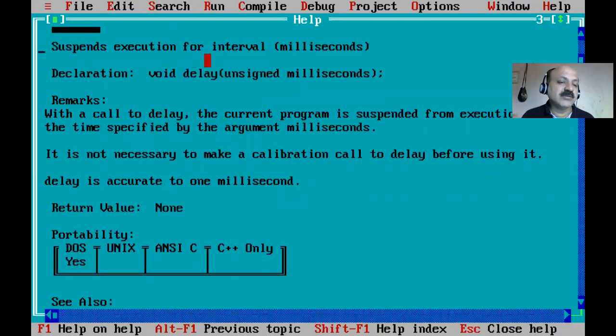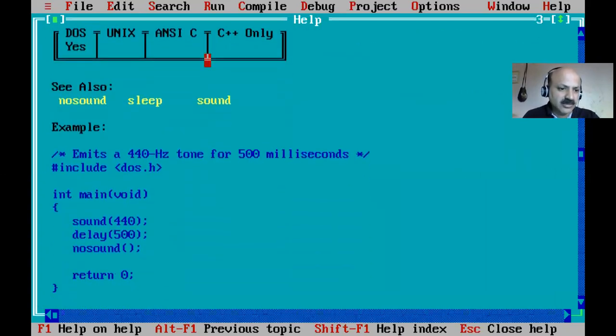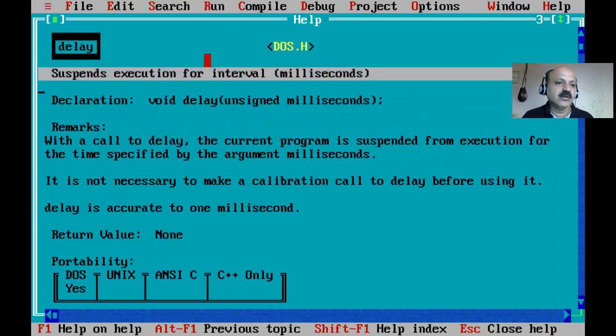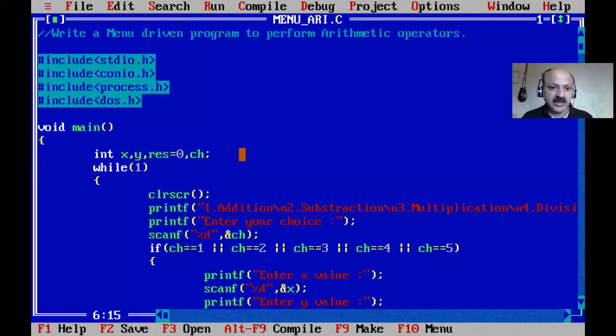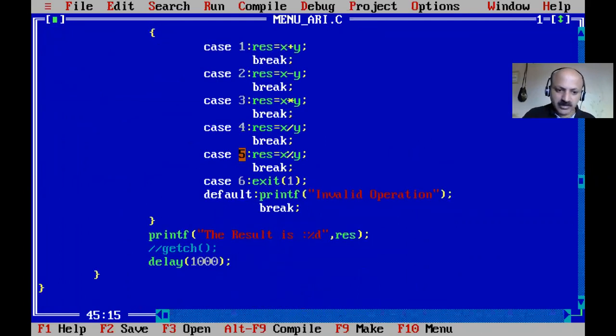So in between we can see our output, and then the compiler takes control, waits 1000 milliseconds, and then control comes back to our required position. So we can use the delay function, with sound delay or no sound. That is an inbuilt function, and that is our goal. It is sufficient: we do not press the enter key, and directly come back to our choice. So let us check. I just comment out getch and use the delay function. Let us check what happened.